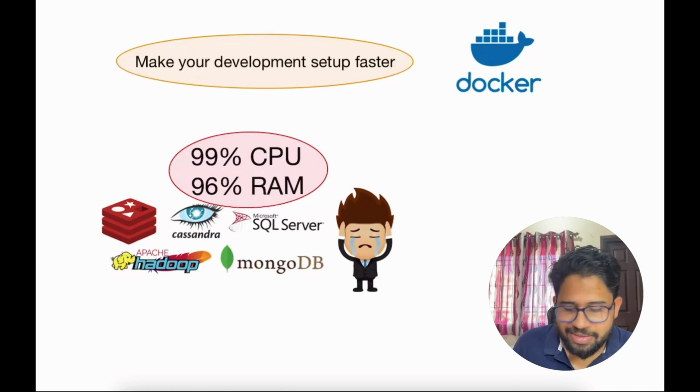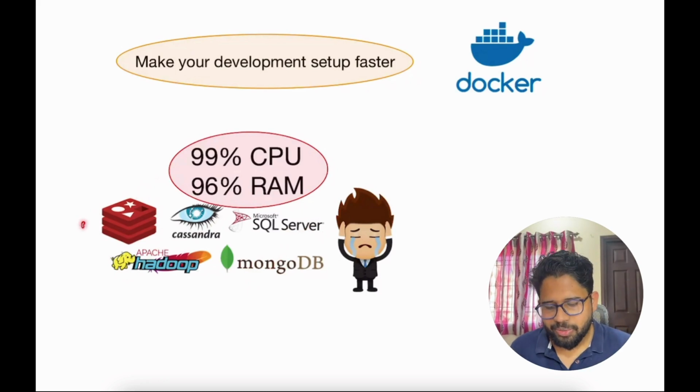And there might be the case that on odd days of your development, you need Redis because you are working on multiple code bases. And on the even day, you need Mongo. And then you need to have both the services running on your machine, or at times you forget to stop the services. And what you see is a lot of CPU usage and RAM usage. What do you do about that?